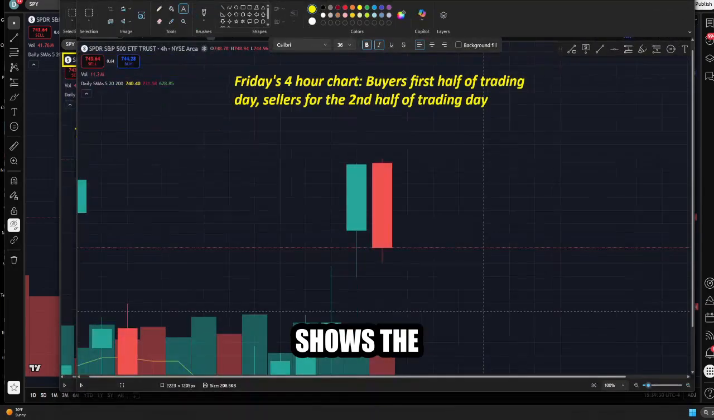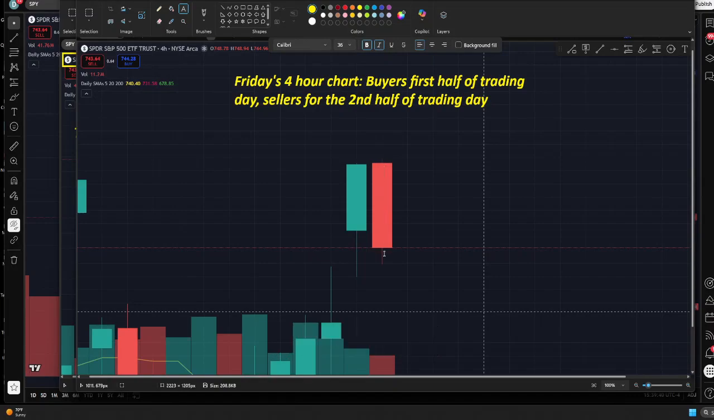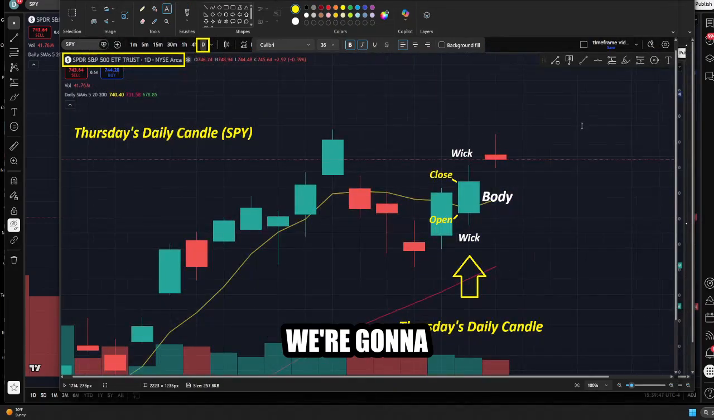The next chart shows the 4-hour chart, 2 candles in the 4-hour chart. The first half of the day, the bulls were in control. The second half of the day, the bears were in control. So now you start to get an idea of who was in control when. The next chart we're going to look at is